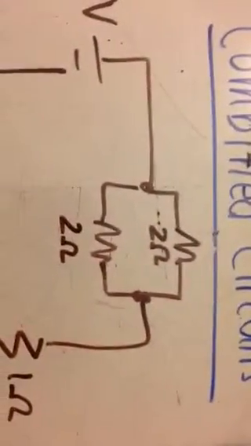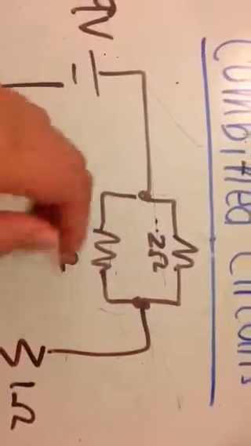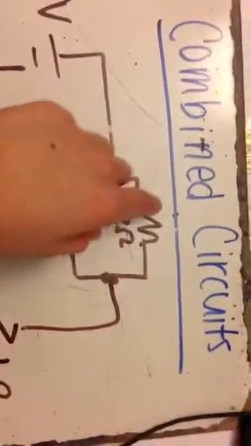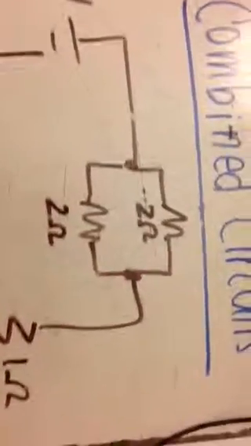In a parallel circuit, the voltage drop is the same for both paths. So the voltage drop will be 3 volts here, and the voltage drop will be 3 volts here. Next, the current will then